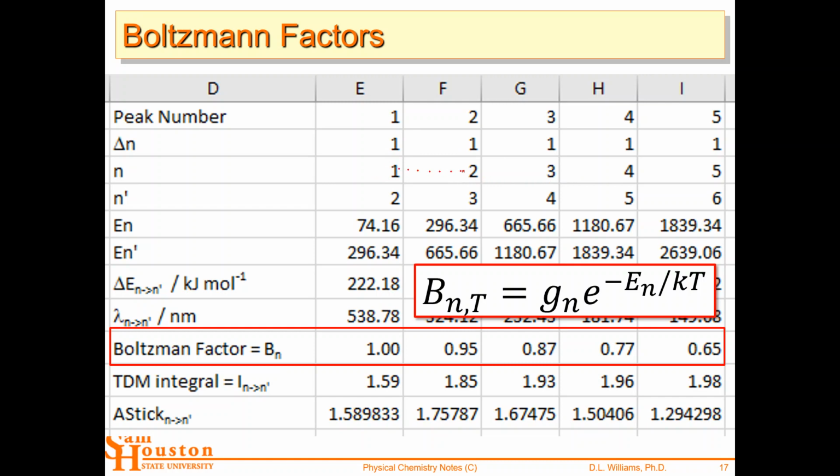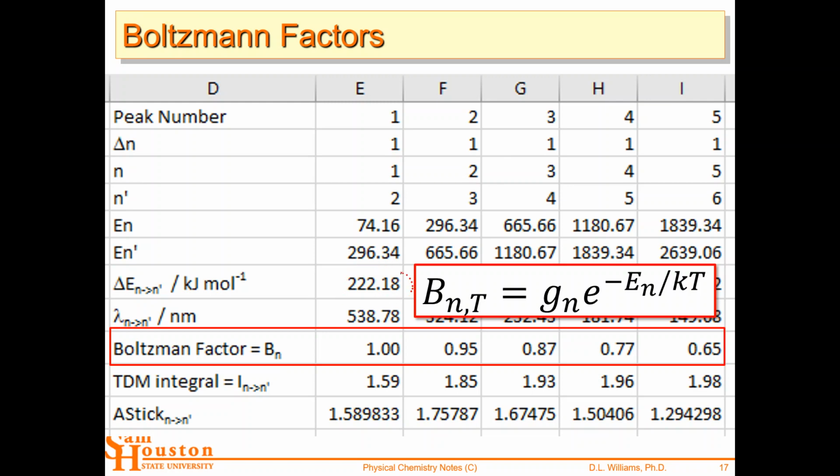Then instead of using the transition equation, I just put in the quantum numbers, 1, 2, 3, 4, 5, all the way up to 14, and then 2, 3, 4, 5, all the way up to 15. You can't go from 15 to 16 because we didn't calculate 16. So you can calculate those, and then I just have that energy equation input to calculate the energies of these different quantum states. So here's the energy for n, here's the energy for n prime, and here's the delta